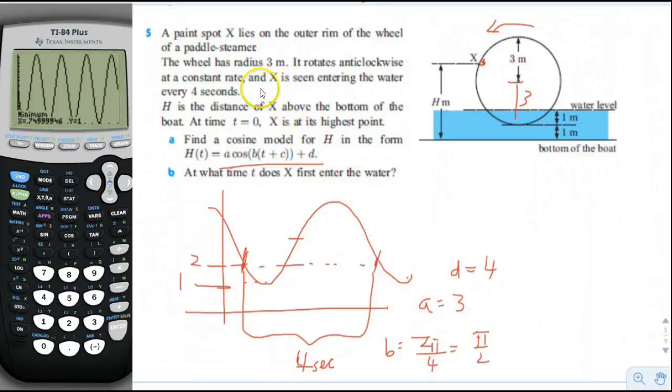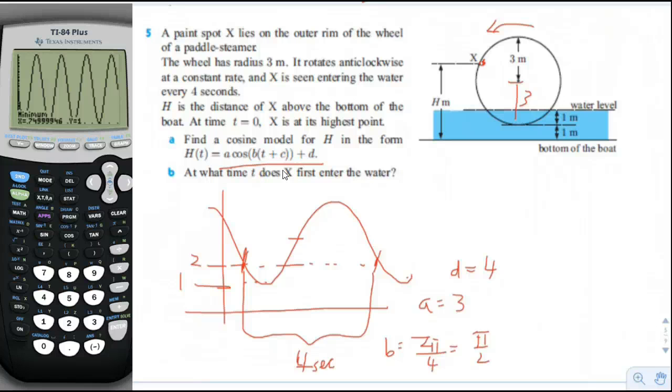B, we're going to use the fact that the paint spot X is entering the water every 4 seconds to say that the period is 4 seconds. And then based on that, we can figure out B. B is 2 pi divided by the period, which is pi over 2. Okay, and then D is the height of the center of the wheel, which would be 3 plus 1 is 4. Okay? And then the last thing we need to figure out is C, and now we use the fact that it says at time t equals 0, X is at its highest point. So that means that